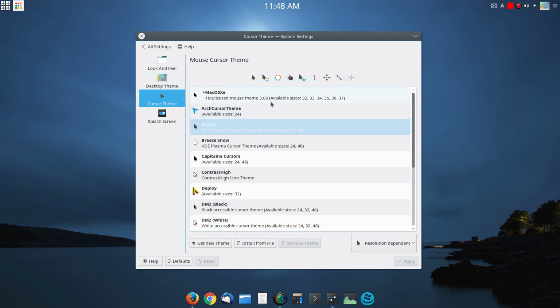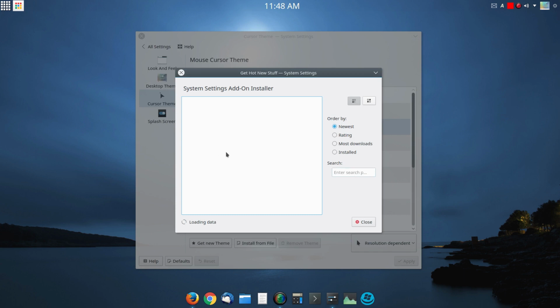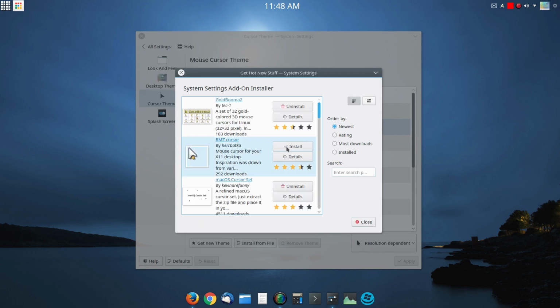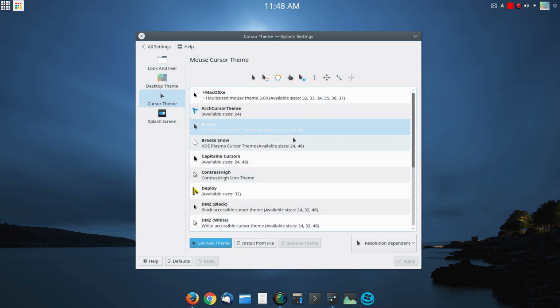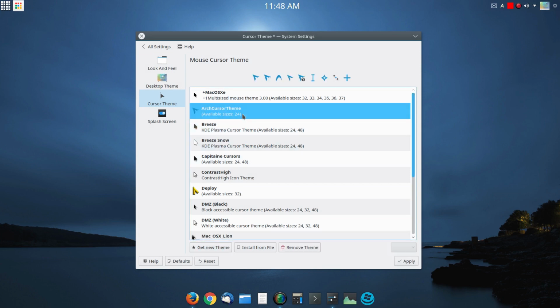Let's move on to the cursors. Cursors are the same situation, where you get new themes, search for the ones you want, hit install, and apply the ones you want. Now, the only difference with the cursors is you also have to change the GTK cursor settings. So you're changing the cursor theme for any Qt app, basically, or the desktop in here,